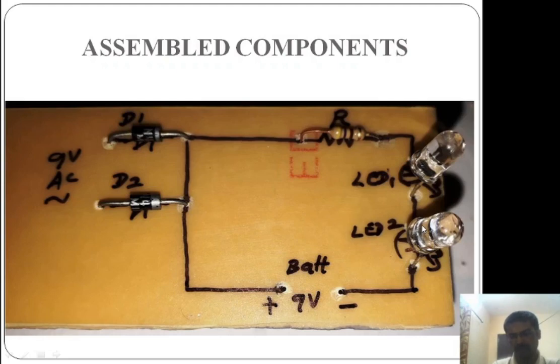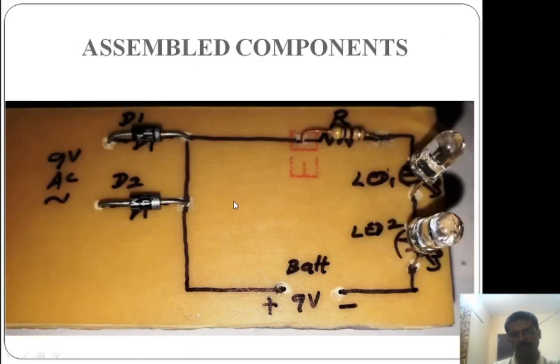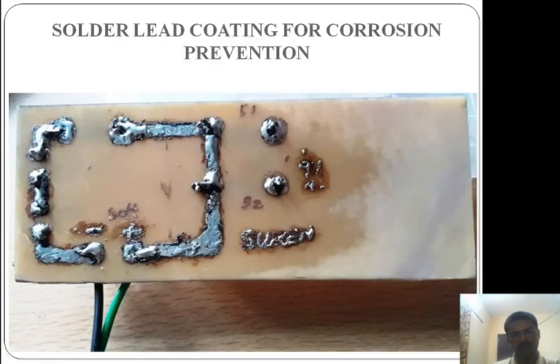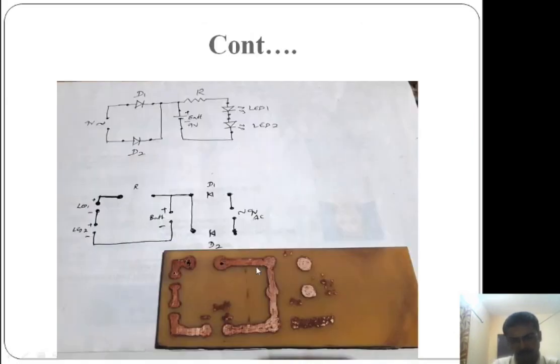After assembling the components, now you see the bottom side. See how it has been soldered. This is the top side. Bottom side should be soldered, right? So how it has been soldered. See, the component pins are connected, soldered, and above the copper, see, full solder lead material is applied. Why it is applied like this? Because if you leave the bare copper, see here, the bare copper as it is, easily and quickly it will get